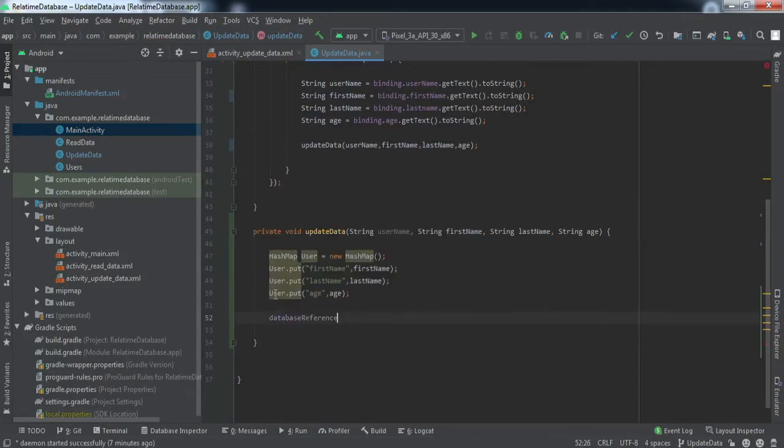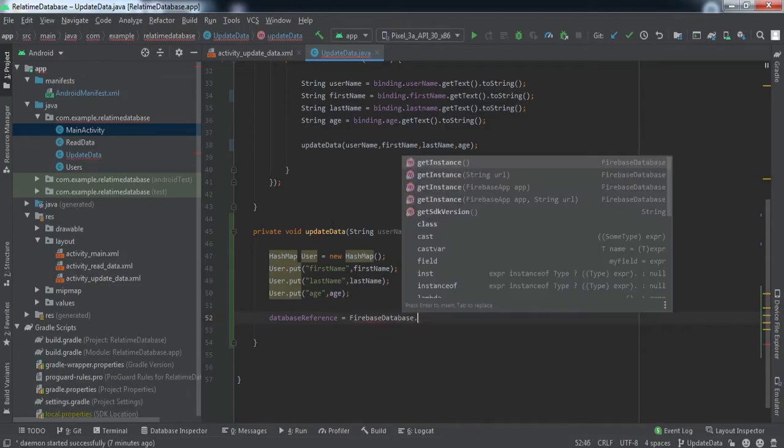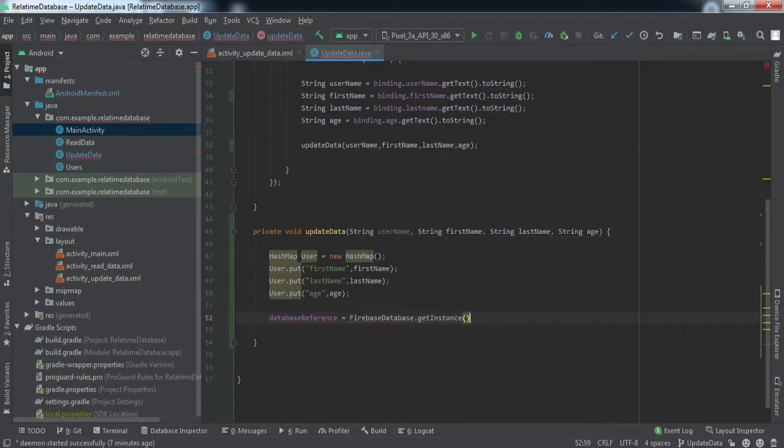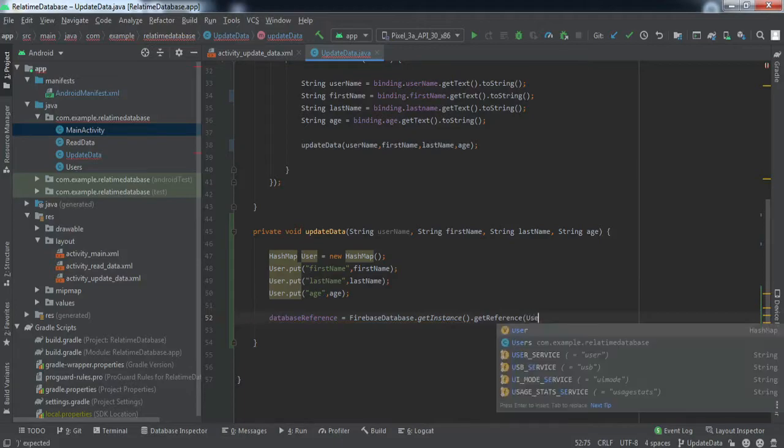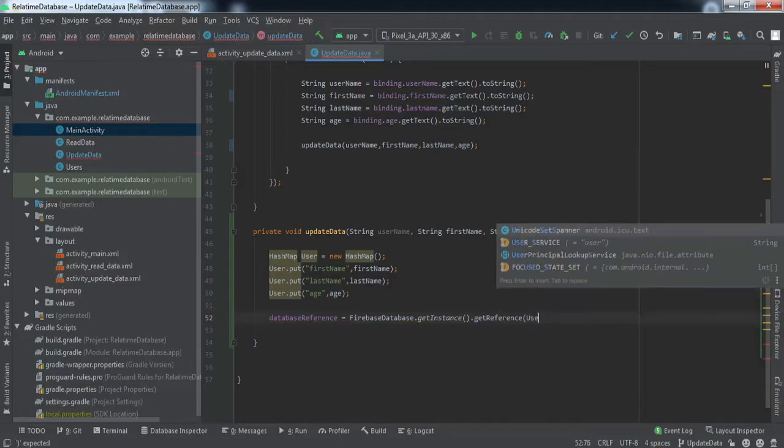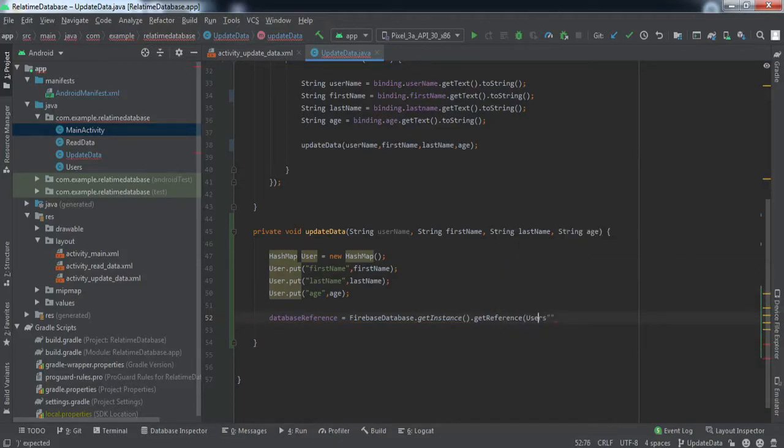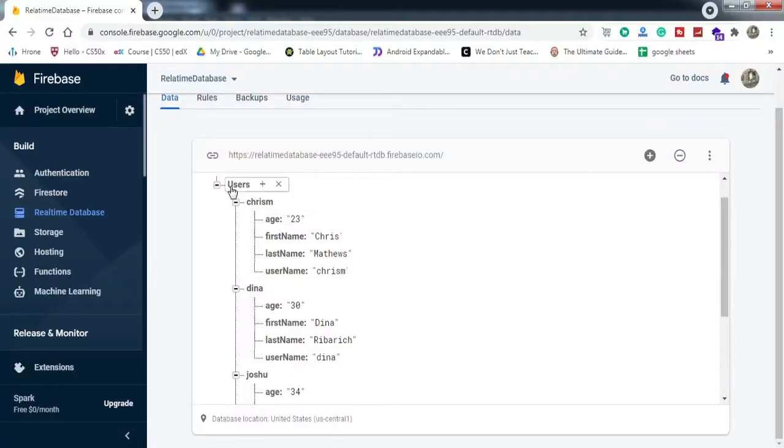So database reference is equal to Firebase database dot, we get the instance of this, and we got the reference for the users node, right? So we got the reference for this node here.